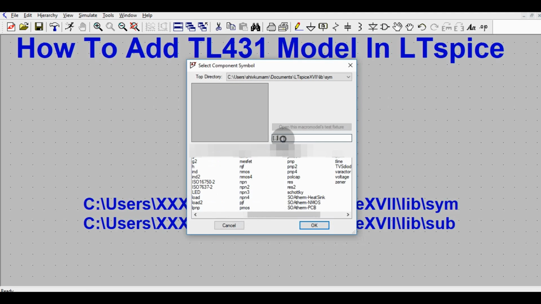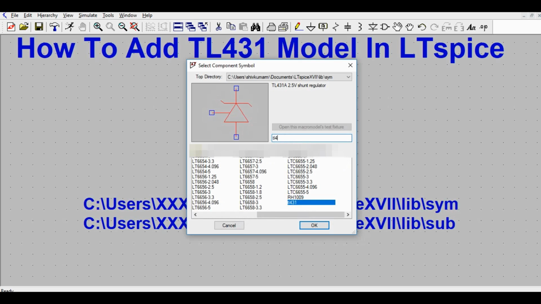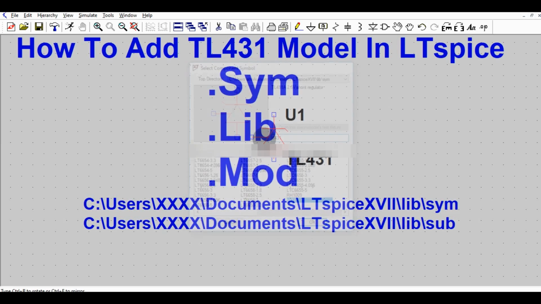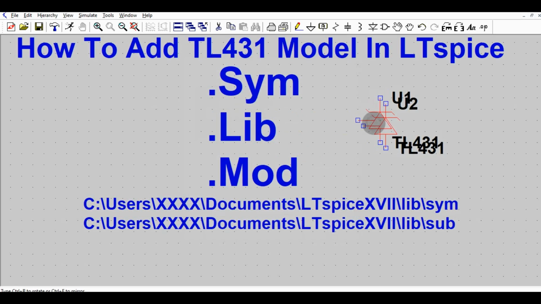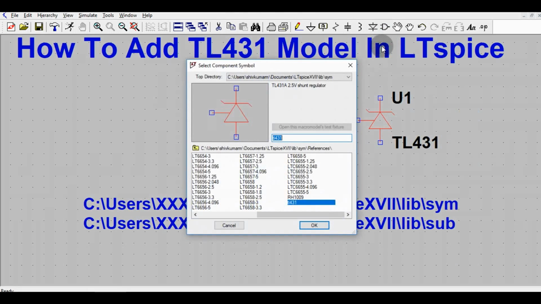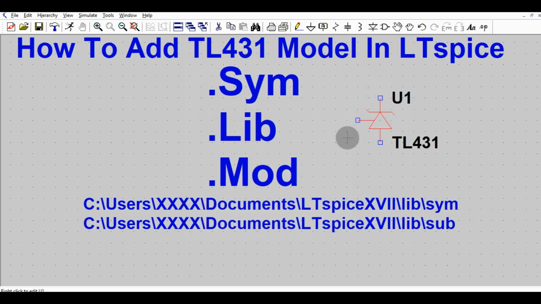So maybe I will search here TL431, right? So you can see I have TL431 in my library now. You can see here this is TL431. Now whatever you want to do with your TL431, whether you want to design a shunt regulator or whatever, you can use this component for your simulation.